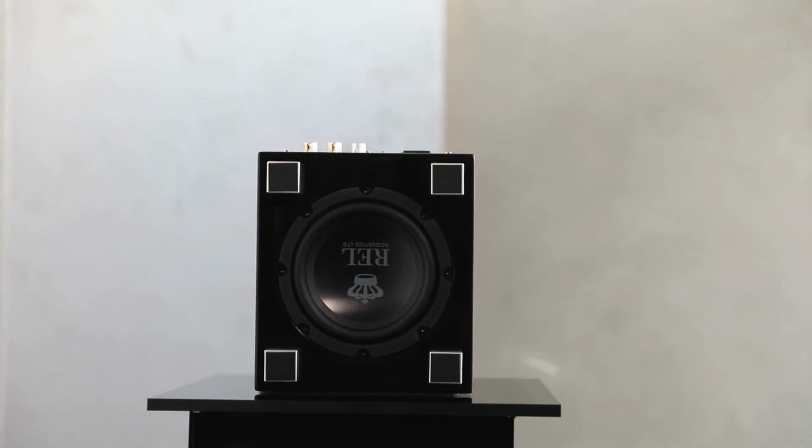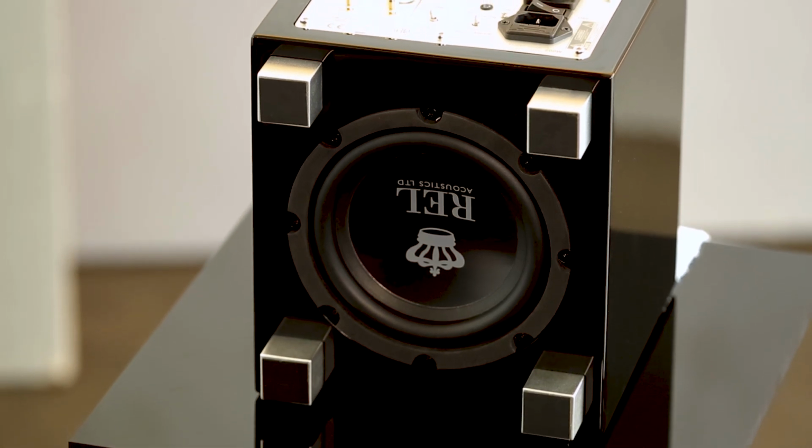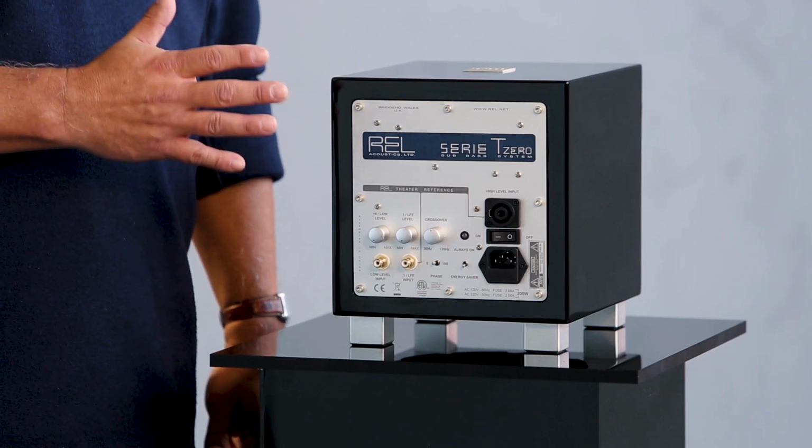6.5-inch driver, 100-watt amplifier, it's a smoker. The driver itself is a 6.5-inch pure aluminium driver, which means it's extremely lightweight. It really gets the dynamics. Most subwoofers tend to be a little bit heavy, a little sloggy. What you're gonna find with this piece is it's quick enough to keep up with virtually anything out there. And yet with 100 watts, it's got real power behind it. So with Tzero, even though this is an entry-level product by price, it's not entry-level by design, by fit, by